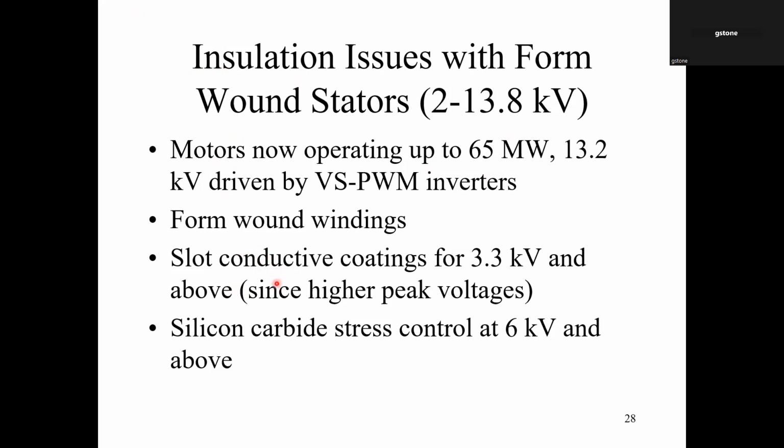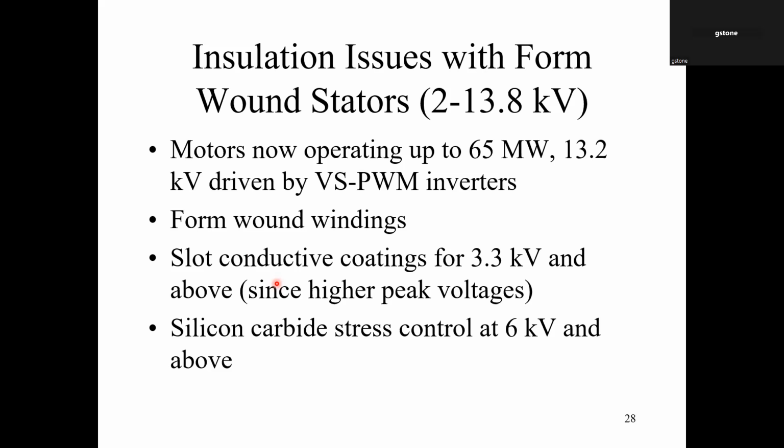The key thing is we still have turn, ground, and turn-to-turn insulation, but there's also an additional component in these machines, and hopefully you're aware of it: the PD suppression coatings, both in the slot and in the end winding, where we use partly conductive tape or paint on the surface of the coil in the slot to prevent PD between the surface of the coil and the stator core,